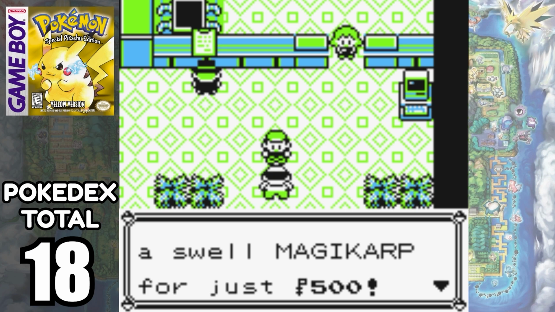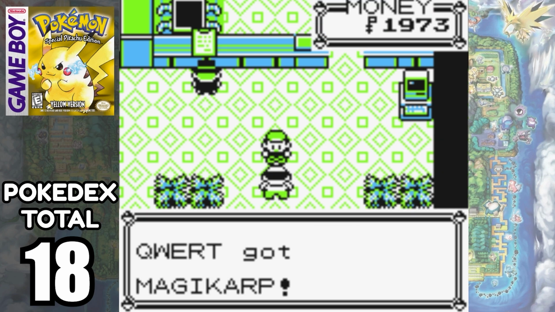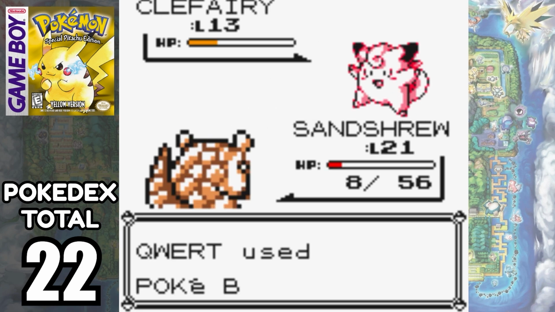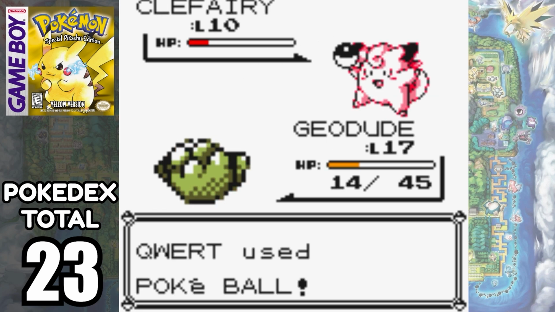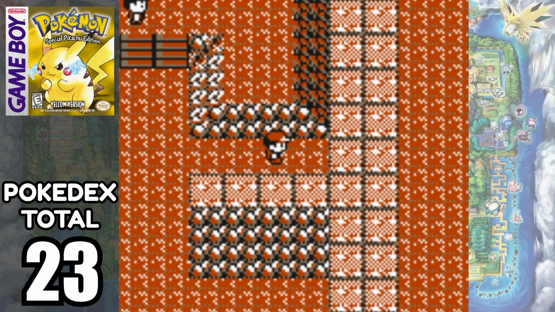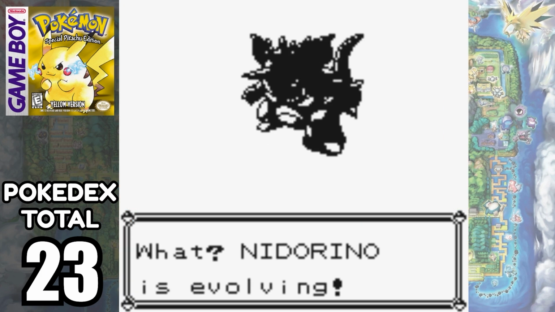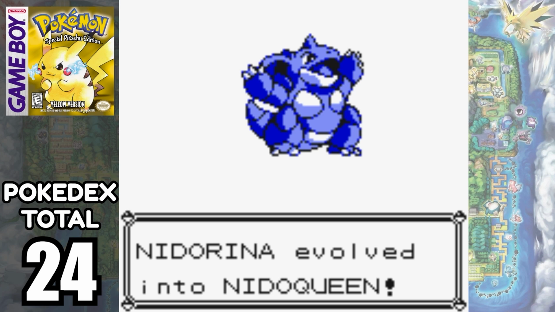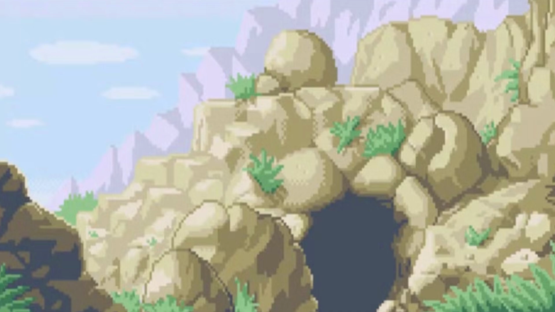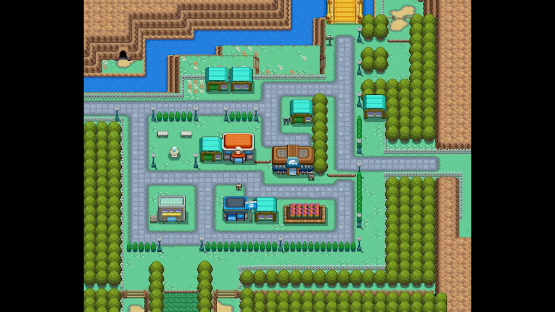In the Pokemon Center before Mount Moon, we're able to buy a Magikarp from a guy. In Mount Moon, we can catch Zubat, Geodude, Paras. And we're actually going to catch 2 Clefairies because one is needed to trade later on. Not to mention, in Mount Moon, we find 2 Moonstones, which we're able to use to evolve Nidorino into Nidoking and Nidorina into Nidoqueen. While we're in Mount Moon, we grab the Dome Fossil, which we'll be restoring into Kabuto later. We leave Mount Moon where we're able to get to Cerulean City, but we're definitely not fighting Misty yet